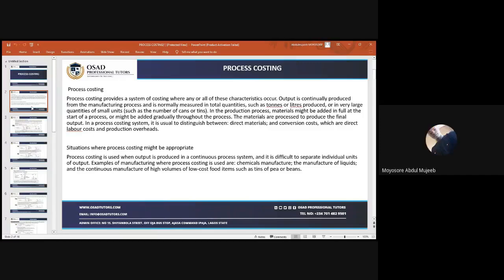Okay, in process costing, we are being told that here we'll be talking about the system of costing in which different characteristics occur during productions. Now, during productions, you normally will not just put every material you need inside. There's hardly a case where you just put in every material you need and it will bring out the desired output for you. No, there are usually ups and downs. Maybe at the start of it, please